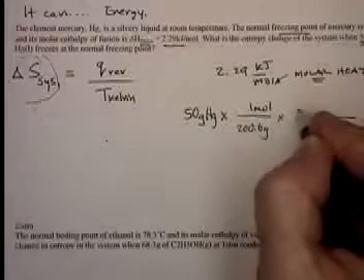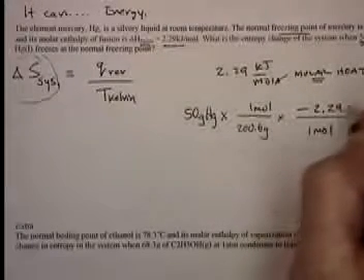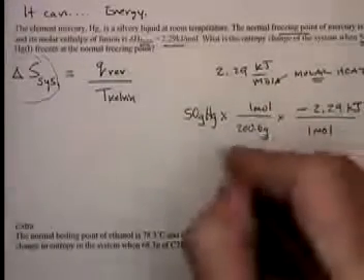And we know that for every 1 mole of mercury, it's going to take 2.29 kilojoules to change that phase. In this case, we're going to freeze it, and so we're going to remove energy from the system. Remember, the system is our mercury atoms. And so we'll say that it is a negative 2.29 kilojoules because we're losing that energy. Well, if we multiply these together and do our division by 200.6, we end up with a negative